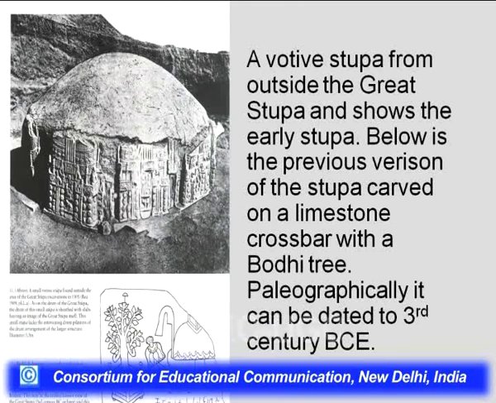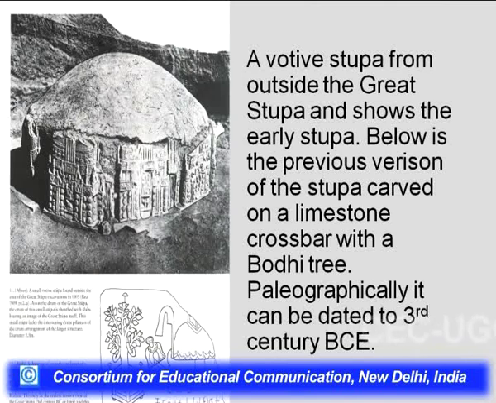And here is an illustration of a votive stupa from outside the great stupa, and it shows a rendering of the early stupa. That is, the stupa was variegated in its chronology. Its core is Mauryan. It was then built on by the early Shatavahanas and elaborated later by the late Shatavahanas or the great Shatavahanas, and then the Ikshvakus. The period of the great Shatavahanas, the 2nd and 3rd century CE, is considered to be